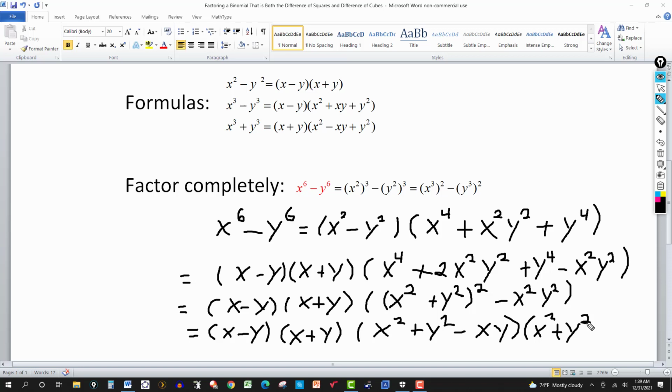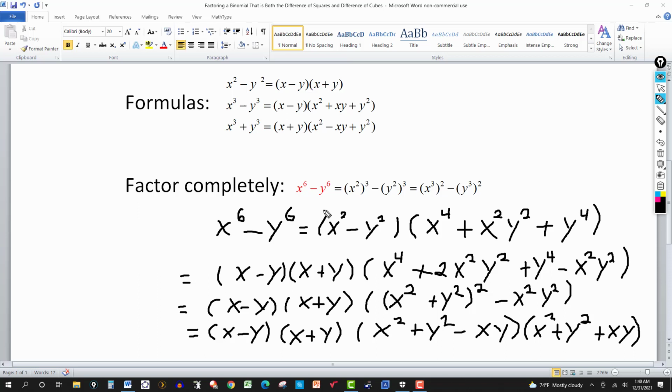One factor will be the difference of the square roots. The other factor will be the sum of the square roots. So again, this is going to give me then a plus xy. And this is your complete factorization for this x to the 6 minus y to the 6 using the first